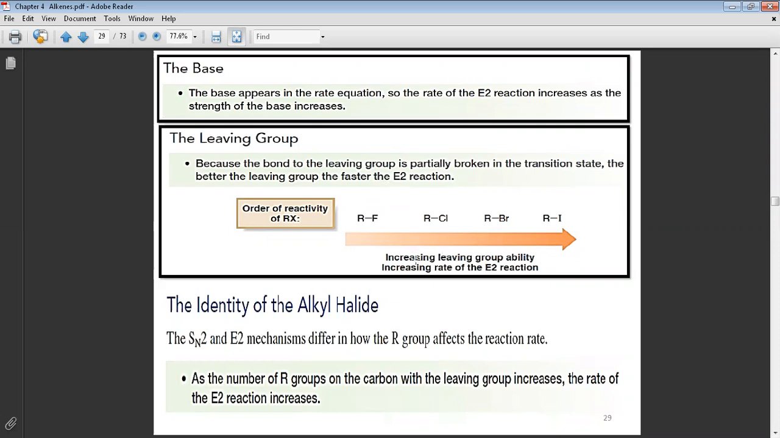That means increased leaving group ability gives an increased rate of reaction. That means an iodo-alkyl halide enters the E2 elimination faster than the bromo-alkyl halide, and the bromo faster than the chloro-alkyl halide, and the chloro-alkyl halide faster than the fluoro-alkyl halide. Okay, why? Because